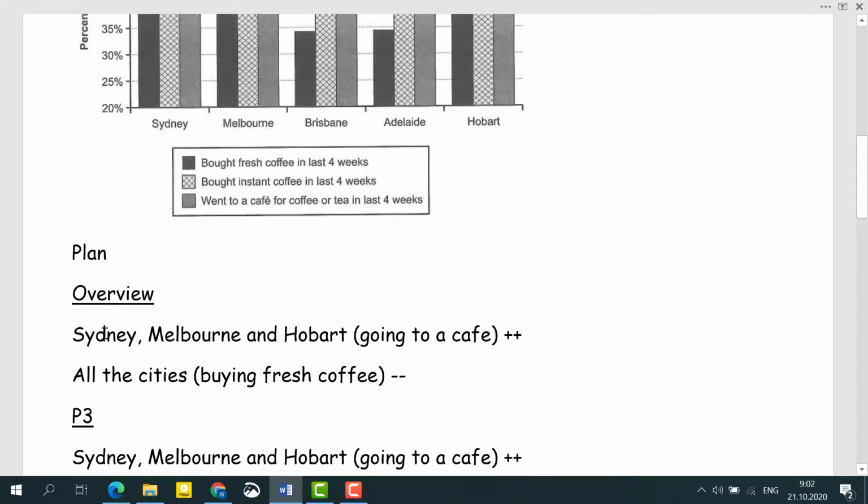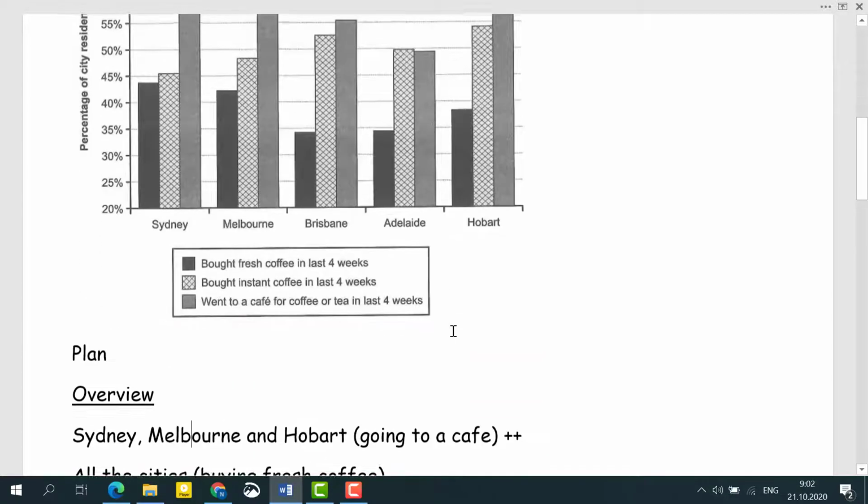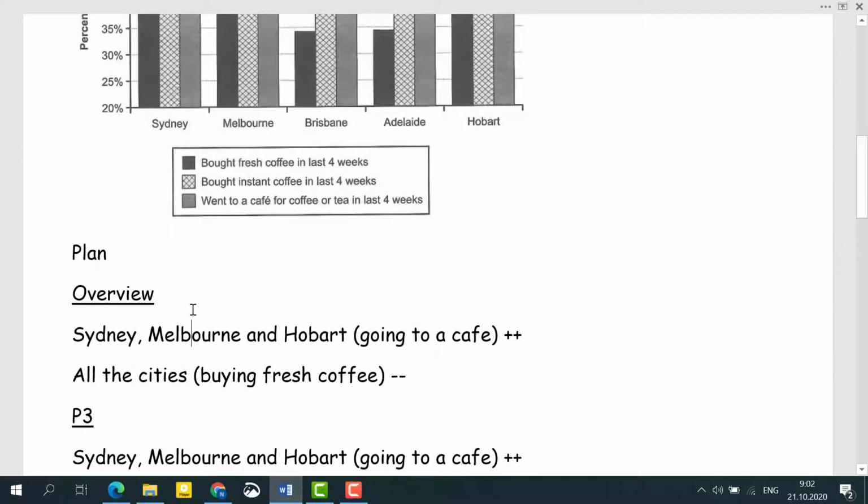Therefore, you can indicate these 3 cities, and then going to a cafe, and then plus here means that we're talking about the largest figures. Okay, so that's the indication here. Next,